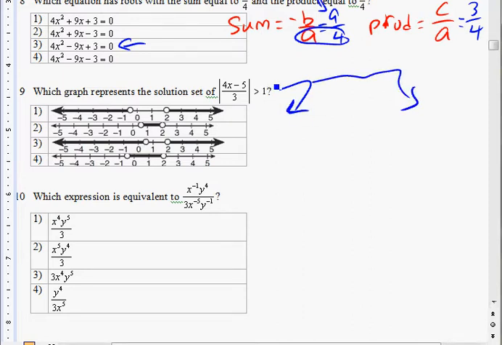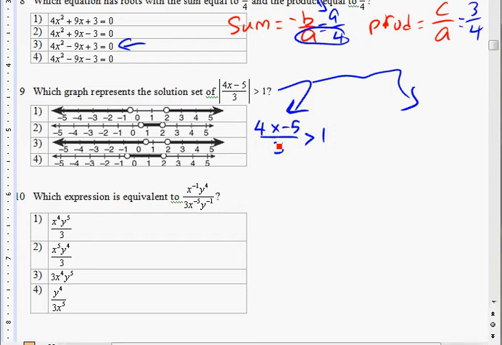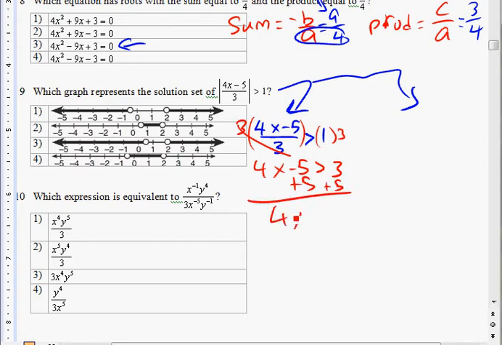The first scenario is you're going to have the equation, you're going to solve for x, right, without the absolute value greater than 1. And let's solve that first. We can multiply 3 on both sides to move the 3 over to the right. And we'll have 4x minus 5 greater than 3. Let's move the 5 over by adding 5. We got 4x greater than 8, divided by 4, and you have x is greater than 2, right? So we solve this. Any number greater than 2 is going to make this